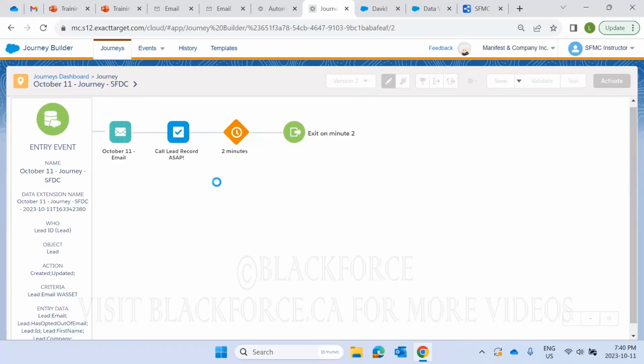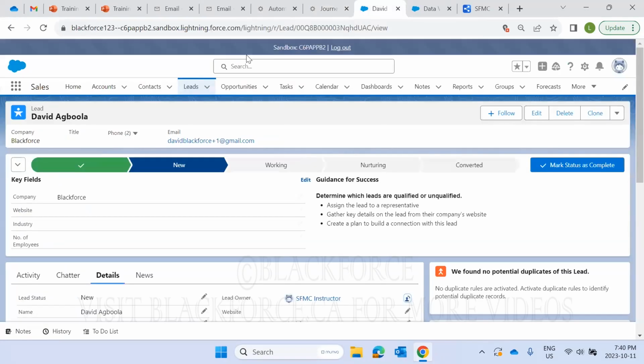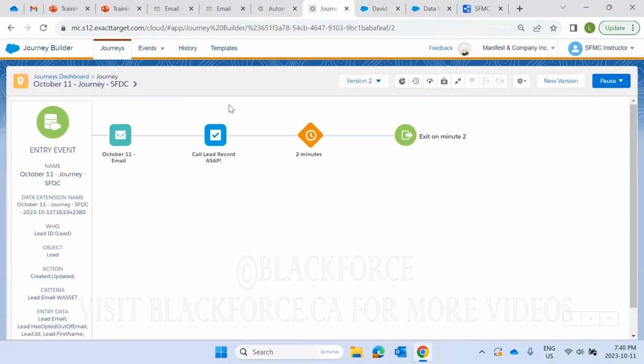Okay, so a use case for something like this is, let's say people go to a company's website, they fill out a form, and the company is using web to lead. The lead gets captured into the CRM once the person submits that form, and they get sent an email. And once they go through the journey, we create a task and we assign the task to, say, the customer service team or the customer service manager, because this record